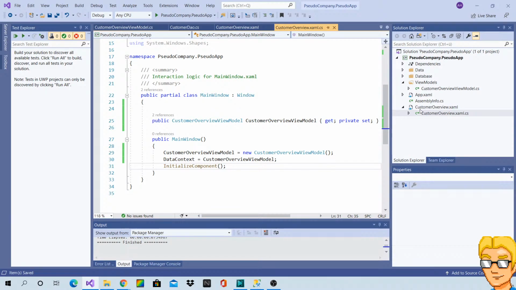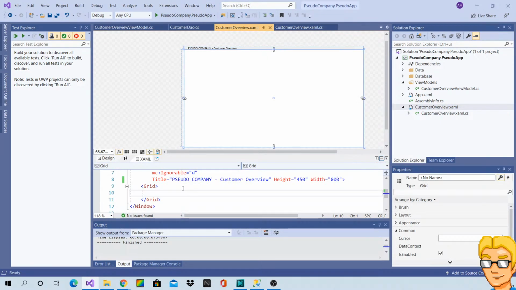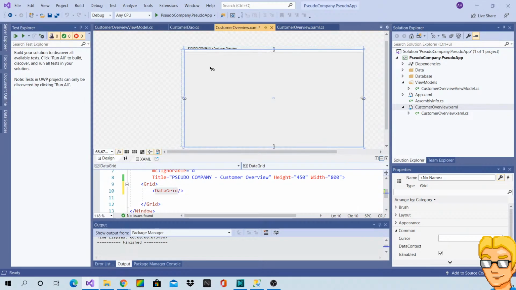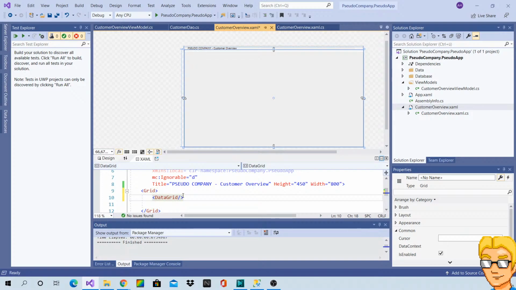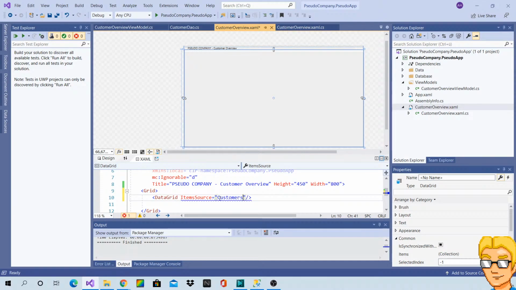So I guess I can now go to the XAML and add the data grid. Where is it?